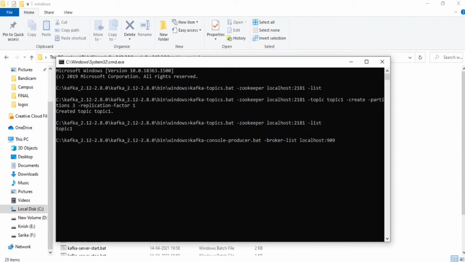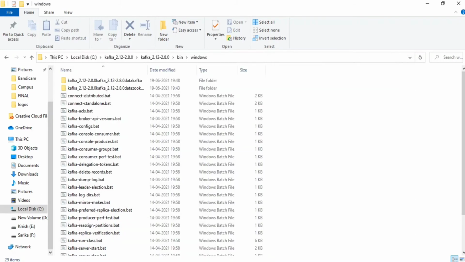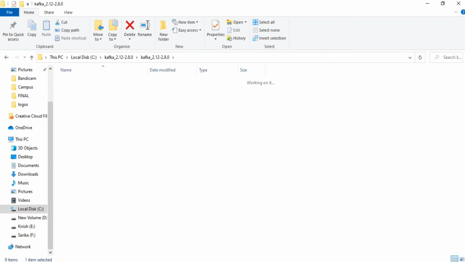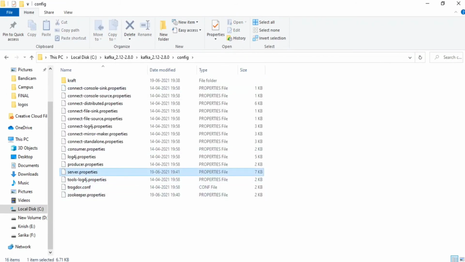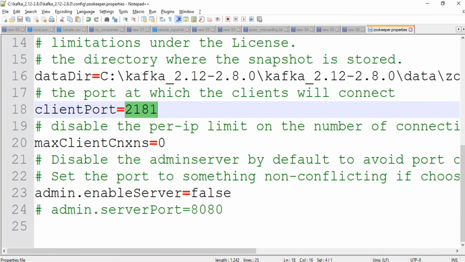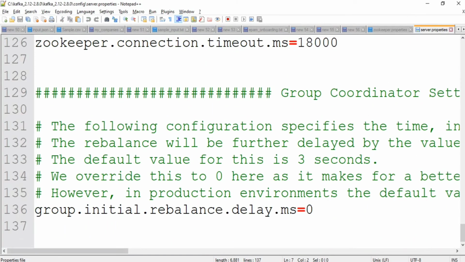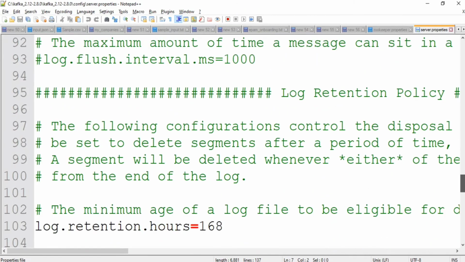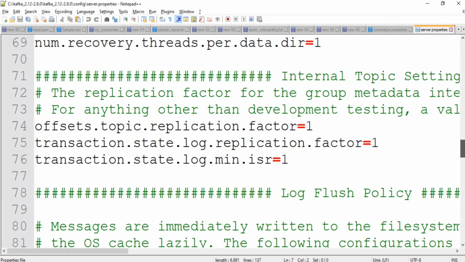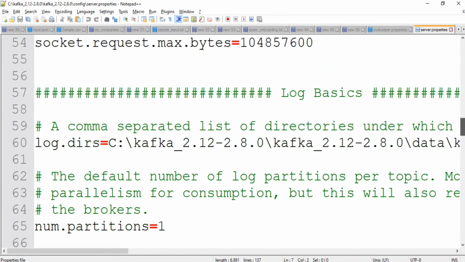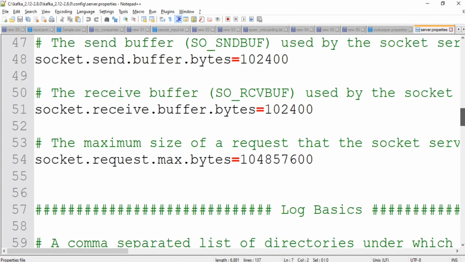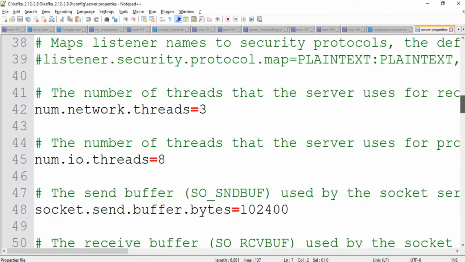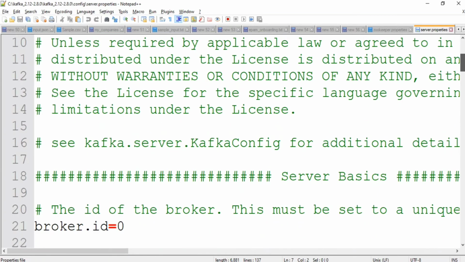Guys, this port number is always associated with your Kafka installation. For instance, you might have seen the configuration in server.properties, right? We'll just go through it once. If you see, there are some server level properties, and it contains a lot of properties which we need to consider, because these are always the default properties.